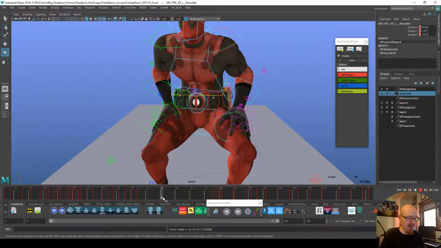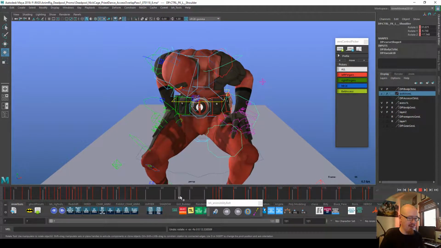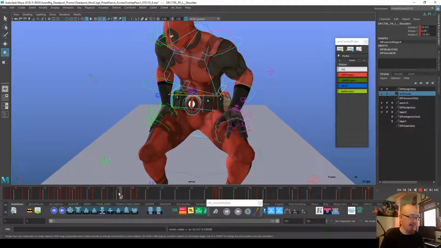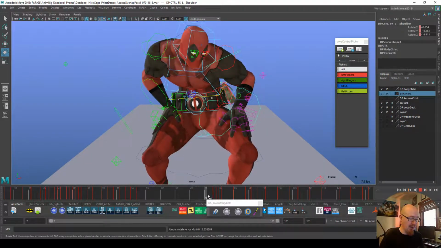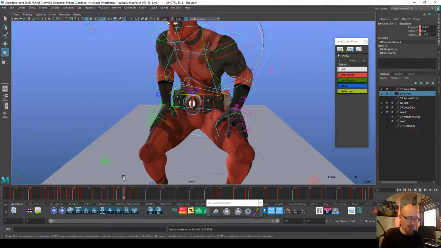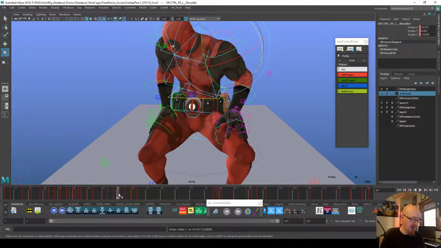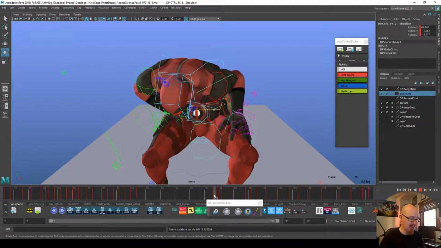You can see the FK controls there are jiggling around like crazy, but his arm is just staying where it is. Because I knew that this was the only section of the shot that I wanted the IK arms, so I don't have the IK controls visible, but I constrained them to some joints in the rig on the actual leg joints, just so I could lock them in there. And what I would need to do then probably at some stage is